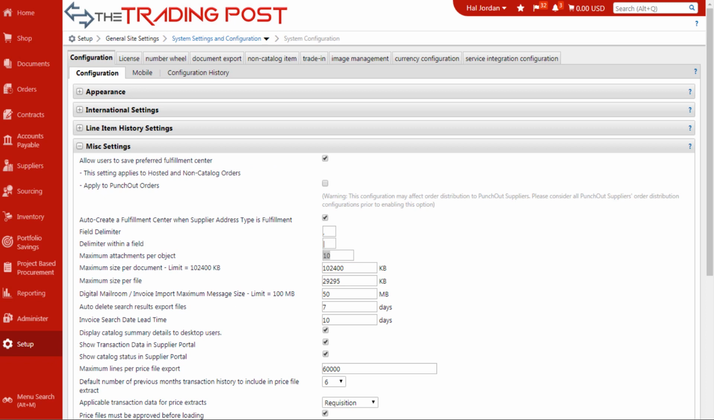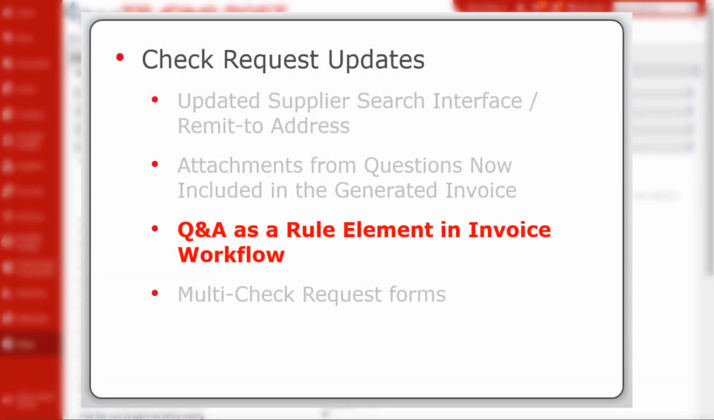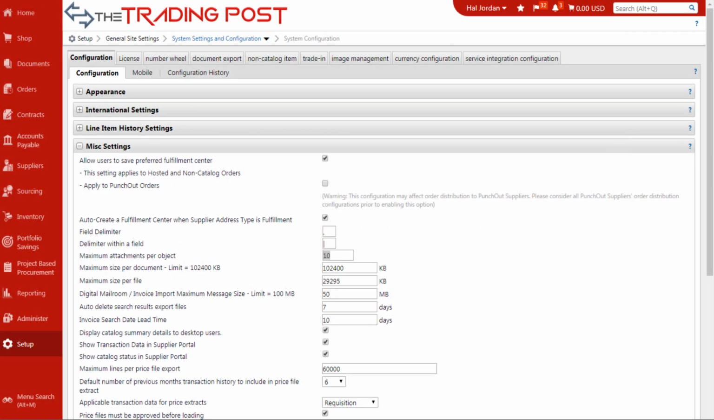Now, while we're on the topic of questions in a check request form, let's discuss the third subfeature for the check request updates, and that's the ability to expose questions from this template within the invoice workflow. This will allow the routing of your invoices to the appropriate approvers for review and approval based on the responses to these questions. So let's take a look at the invoice workflow so we could see how we can implement